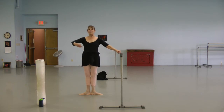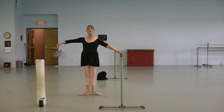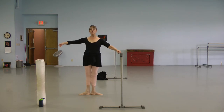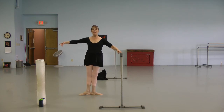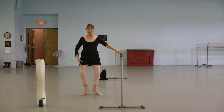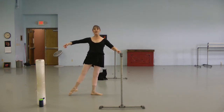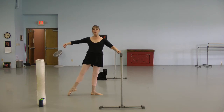And 6, arms 7 and 8, strong foot, point 1, and close first, and point, and close first, and point, plié through the foot, and tendu, close first position. Now bigger, back leg straight, and tendu, and close, plié, relevé, plié to the side, and point that foot, and close first, and point that foot, and close first, tendu, roll through your foot, tendu, and close, point that foot,